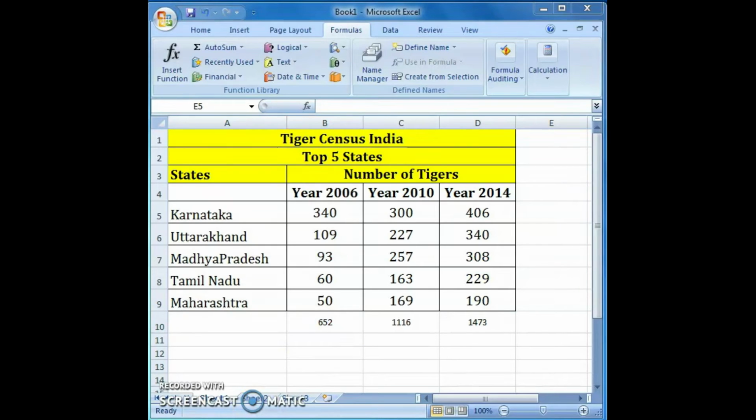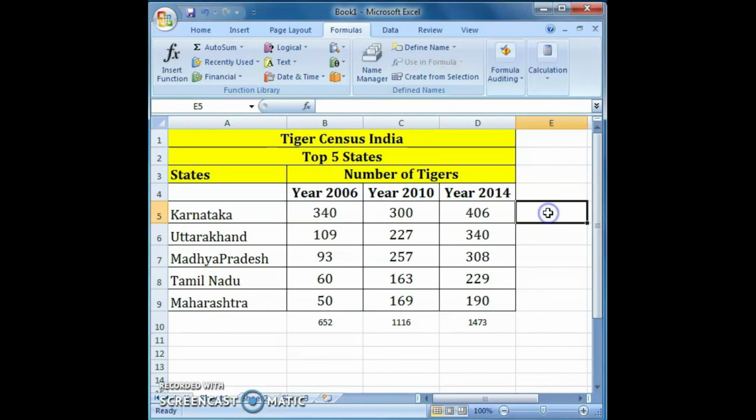AutoSum automatically selects the values around the cells either horizontally or vertically. However, we can change the same as per our requirements. Here we chose this vertical alignment of cells. Now I need the horizontal alignment. That means in this particular state, how many tigers are there? That I have to find.